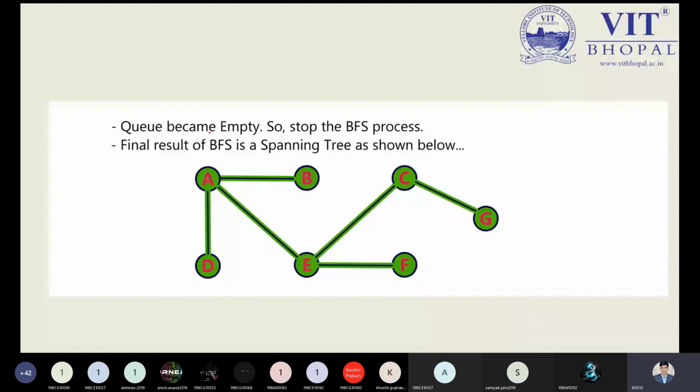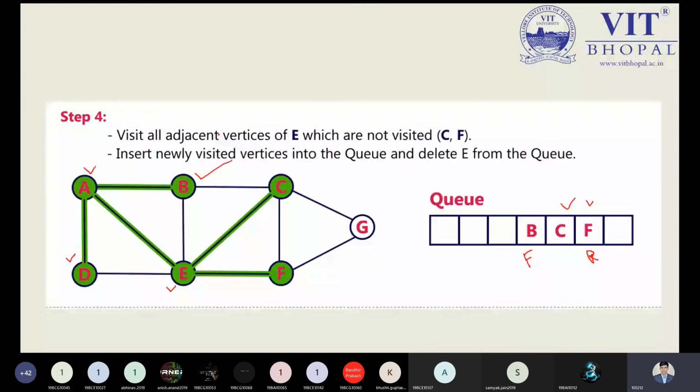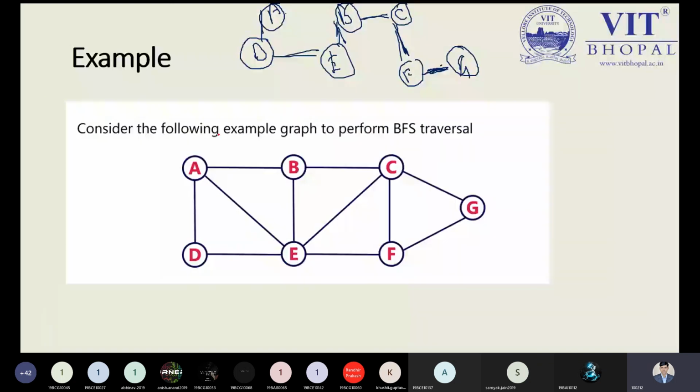So while solving the question in the examination, make sure you have done all the steps correctly. Because what happens, you can draw this diagram like this, A, D, E, B, C. Okay, no problem. But somehow while choosing the D first, is it possible to perform the operation NQ and DQ in an easy way? So that's the point you need to keep in mind. And in the examination, I think there's equal chance, because 60% of the questions go to DFS and 40% go to the BFS. So most of the questions will be asked on the DFS rather than the BFS. But for the confusion purpose, it can be asked.